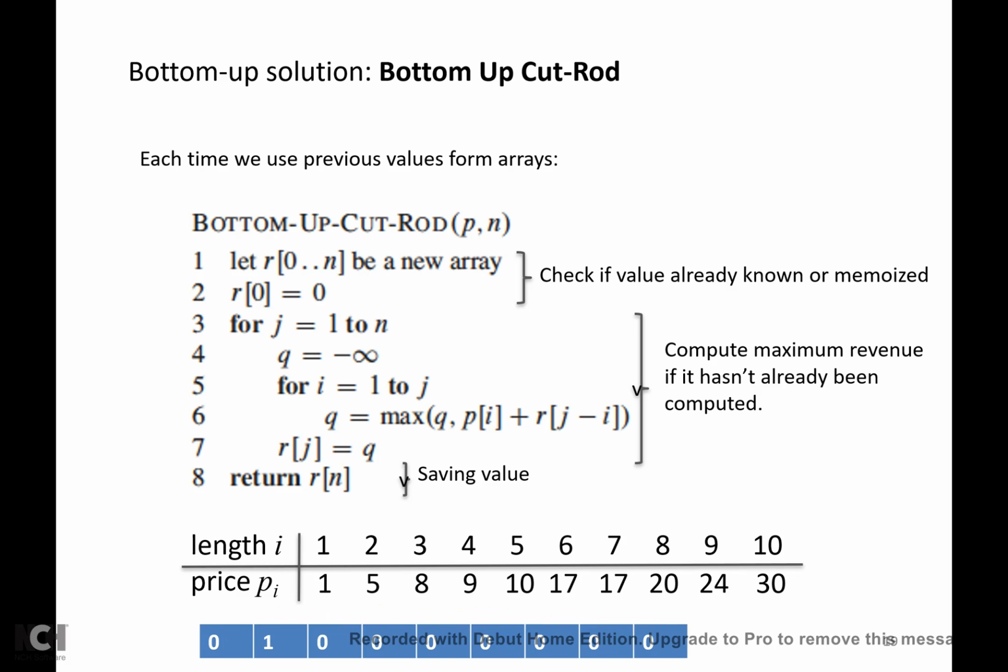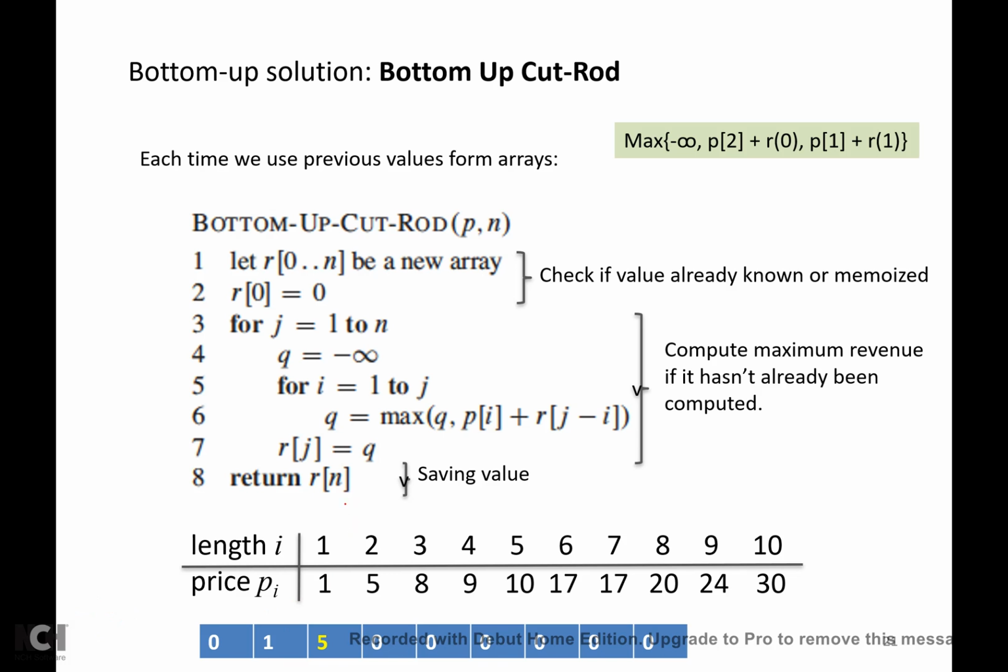Okay, so now when j equals 1, and i goes from 1 to 1, in that case we calculate to maximize the q's in negative infinity, and p1 plus r1 minus 1, right? So it means this is what we have. P1 is 1, so we put it here. And then let's check for